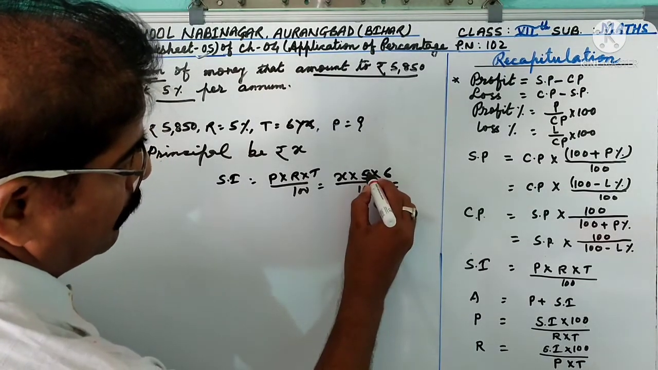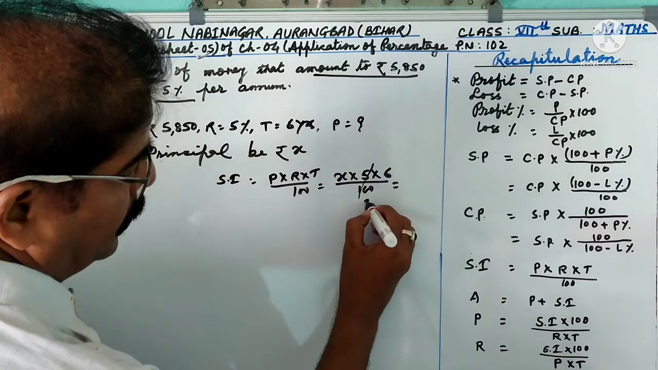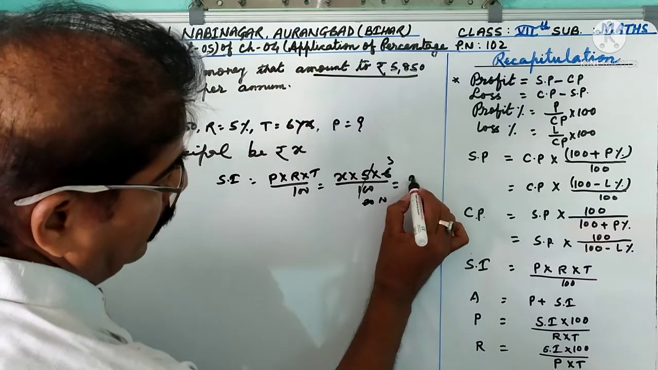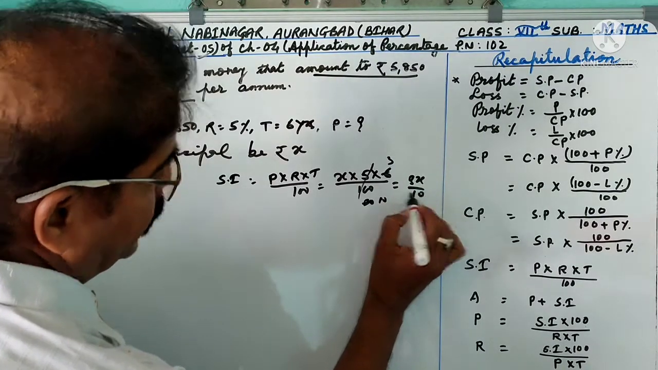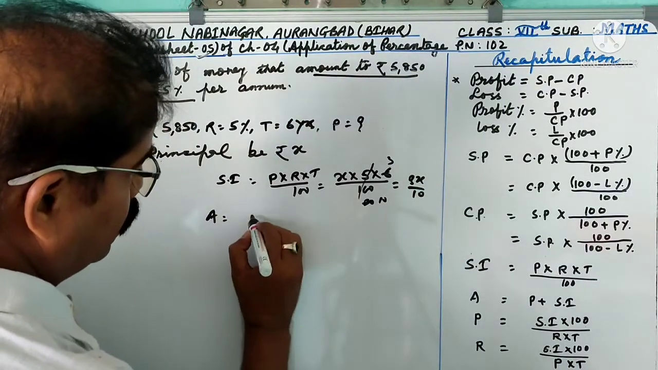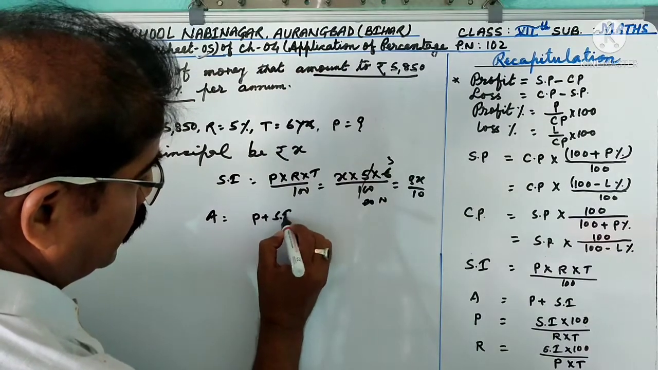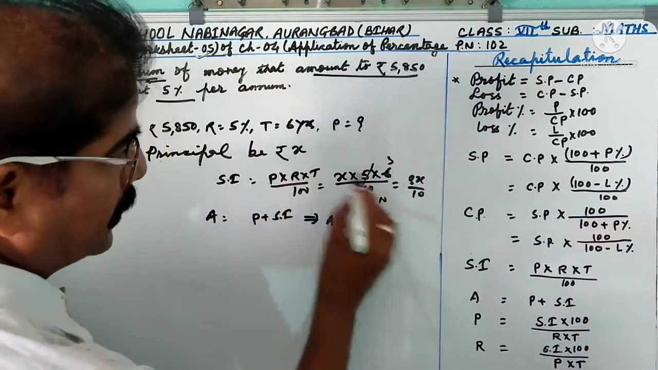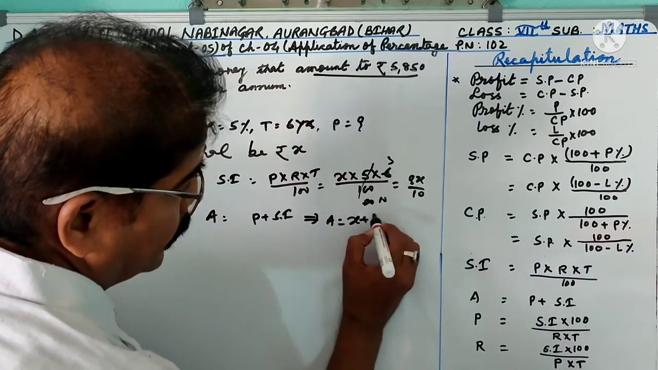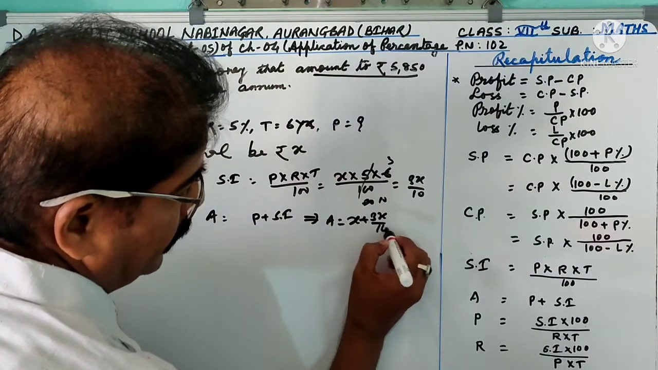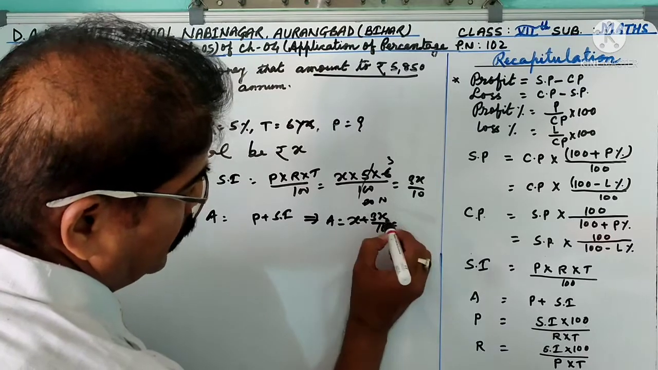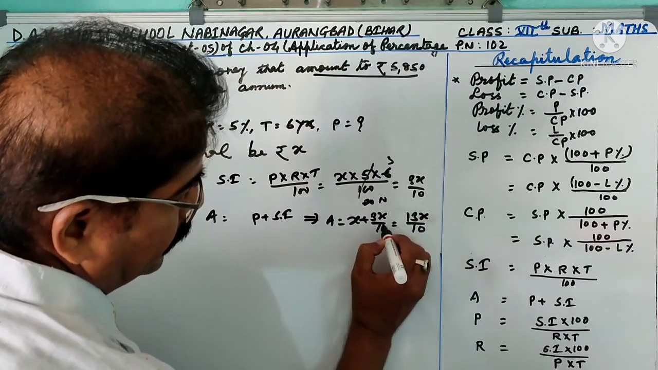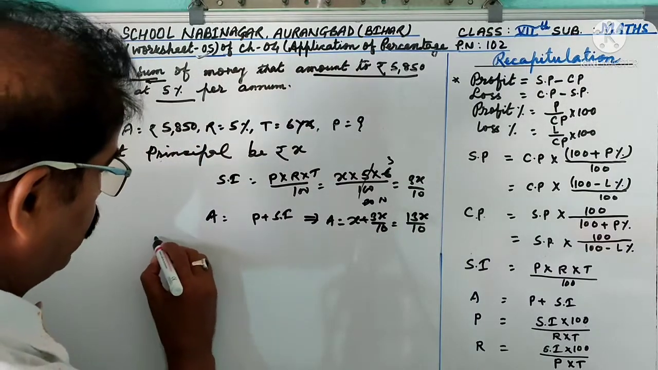That means 5 times 6 is 30, 10 times 3 is 3x by 10. So amount equals P plus SI, that is amount equals x plus 3x by 10, that is 10x plus 3x, 13x by 10. So according to the question,